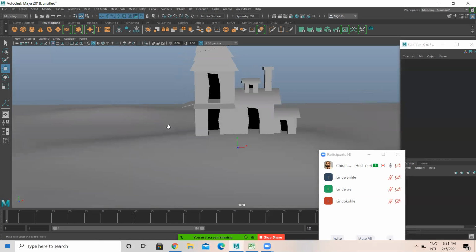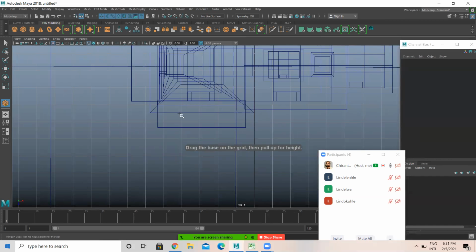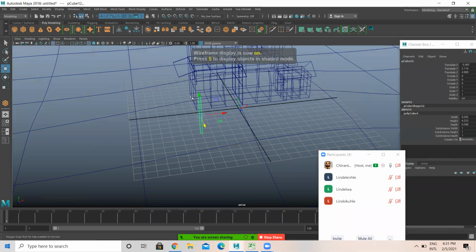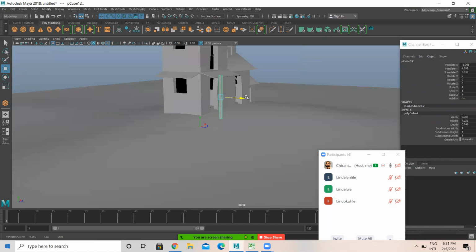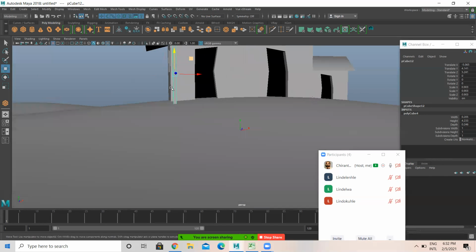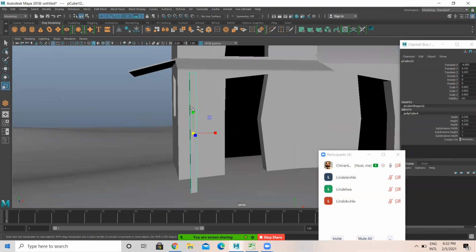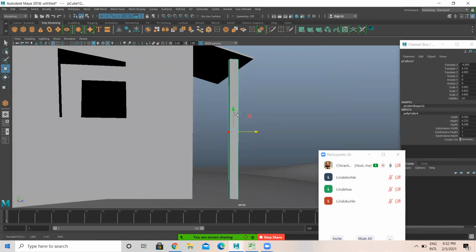Okay. So here I'm selecting one more cube. Come to top view. I need a pillar, a wooden log. So I want the log thickness like this. So I just place this log here. Let me bring it out. Okay, this is fine. So I'm just placing this log here like this.